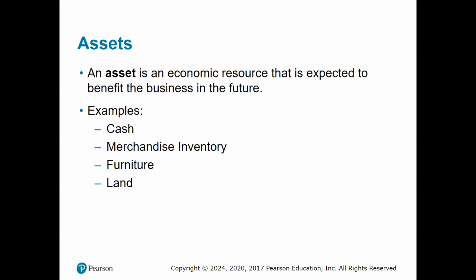So an asset is an economic resource that we expect to benefit from in the future. All right. So economic resource, you'll pretty much always hear that in the definition of asset. So that will provide you some type of future use or benefit. So things like cash, inventory that you could sell, furniture that you could use, or equipment you could use to produce future things that you would sell, land where you could build a building, or you could sell it.